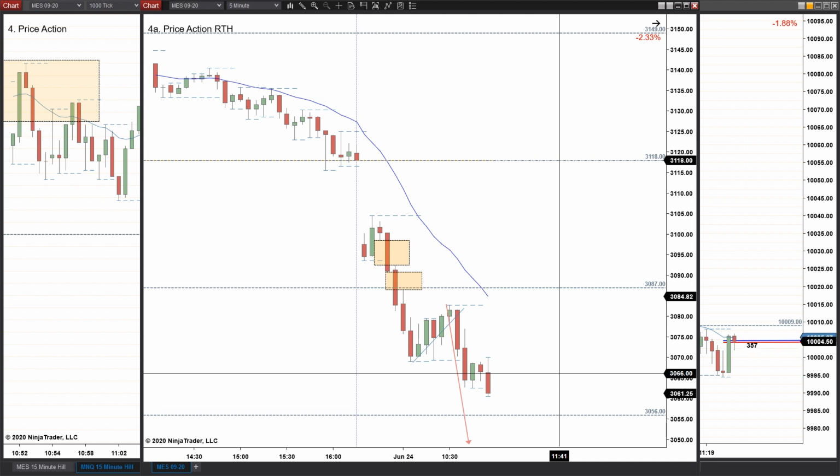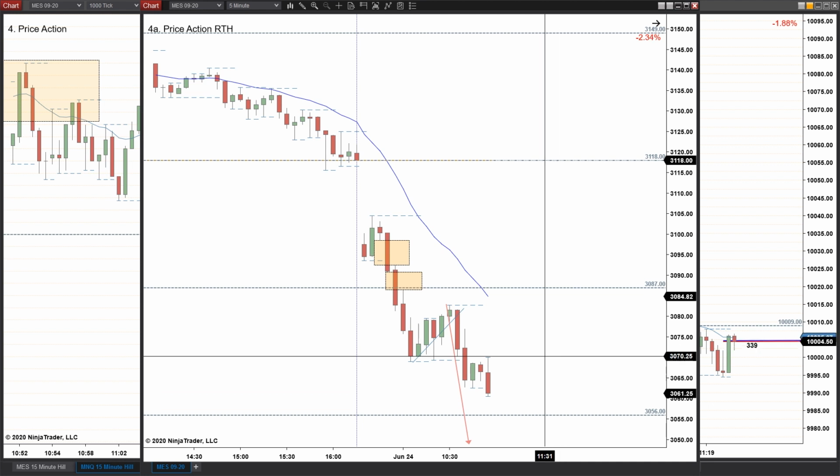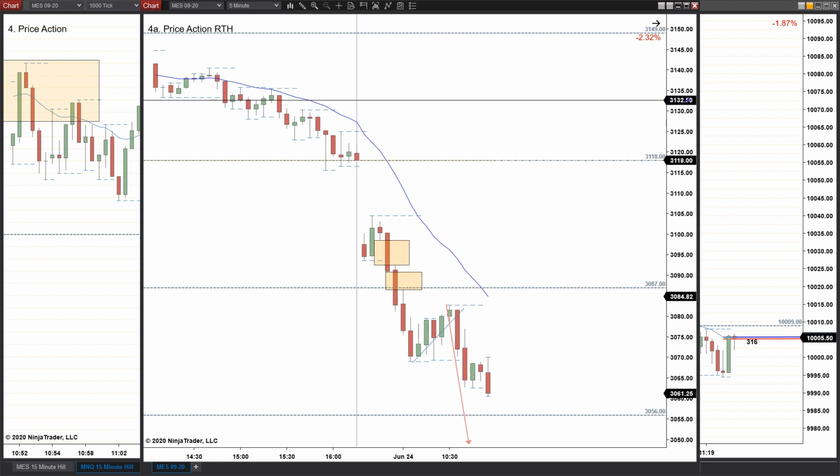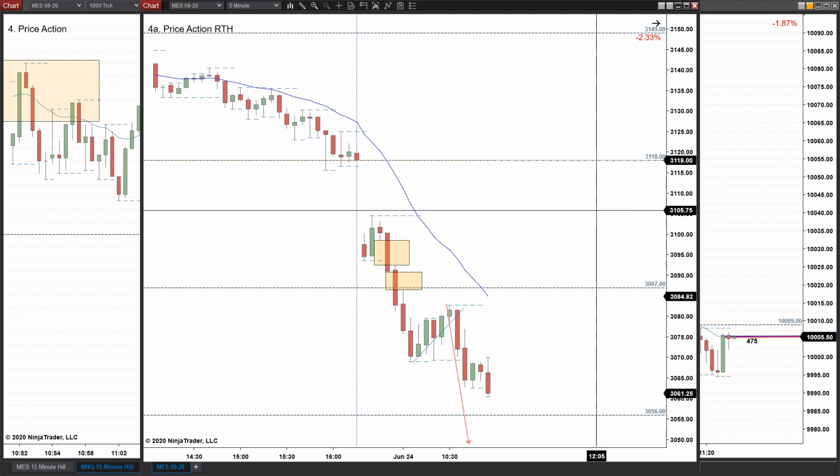If so, we're probably going to find some support there. Or are we just going to slowly grind our way down? One thing that the market loves to do when you start narrowing down into these decision points is front run it, and then front run it just a little bit, and then go boop, and trap it, and then run away, right? And that's where they get that physical test, or they get really close. So I'm not saying that we're putting in a bottom right now, but this is typical of what you would expect to see when a bottom is closer.